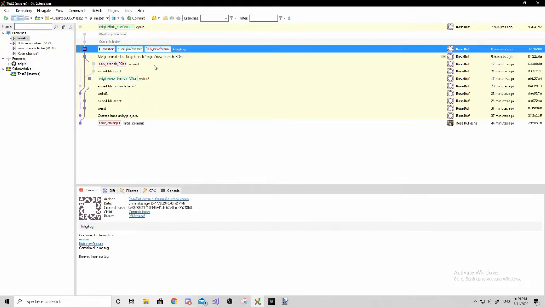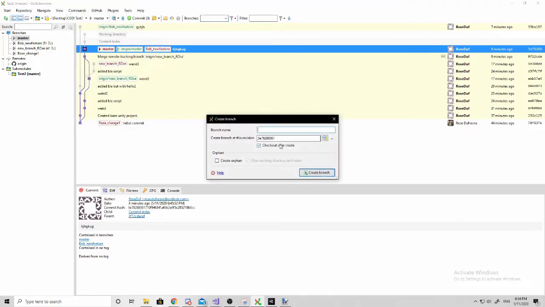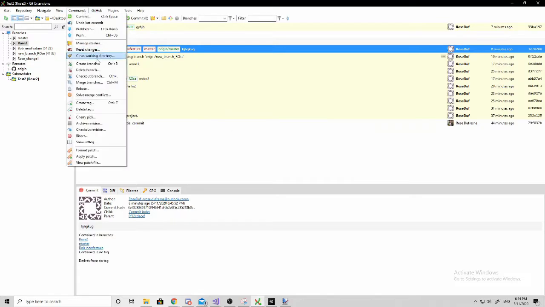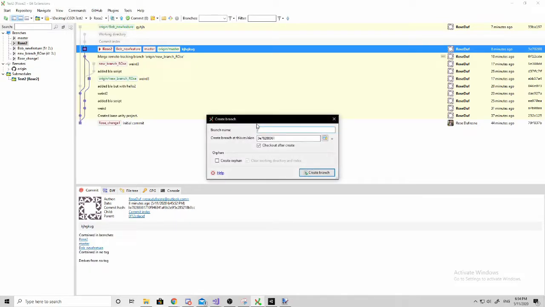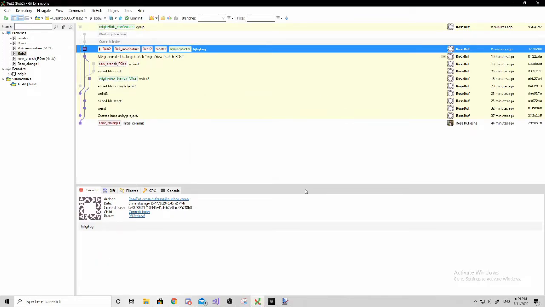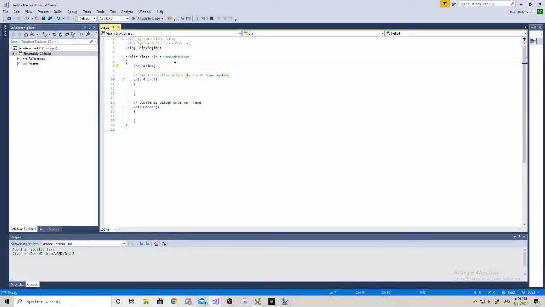Okay. And I'm going to do 2 new branches and show the difference of how it's a lot easier with Diff Merge. So create a branch. I'll call it rows 2. And I'll create a branch. I'll call it Bob 2. Okay, and on Bob 2, he decides to do Boolean